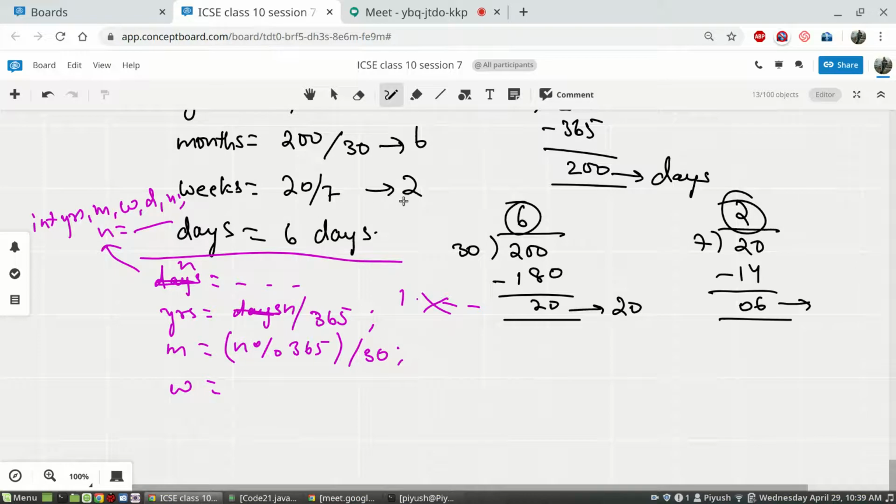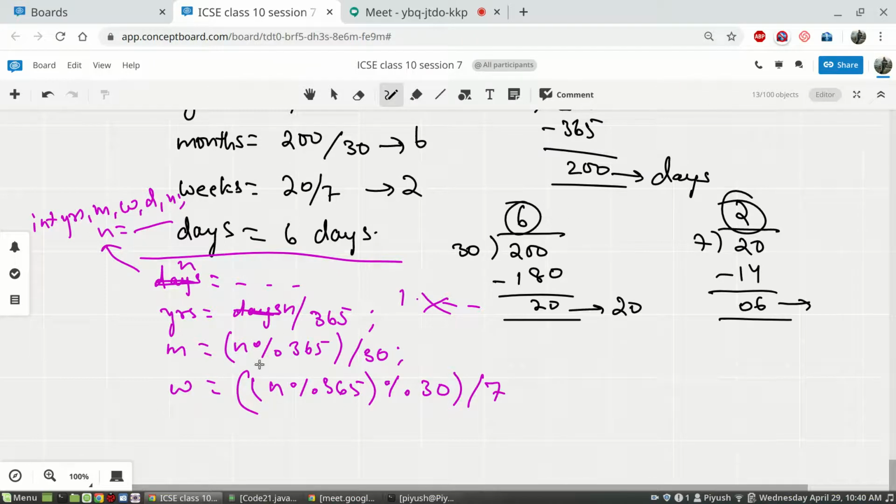You can see the division process, this entire thing, because whatever was the division in the earlier process, its remainder. The remainder that is obtained when dividing by 30 will be divided by 7. So you will get the number of weeks.